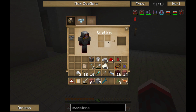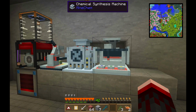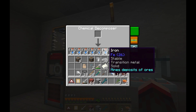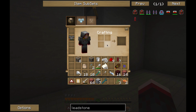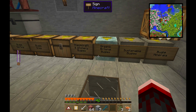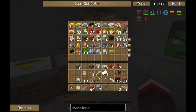I've been thinking about it, and I'd actually like to use a different thing than you may have seen before. We really do need to clear that out a little bit, though. Let's go ahead and just toss in a bunch of these things over here. What we need to do is grab some iron and a few diamonds, actually. And we're going to build a particle accelerator. This is really, really different from any other power system that you may have seen. We're also going to need to build